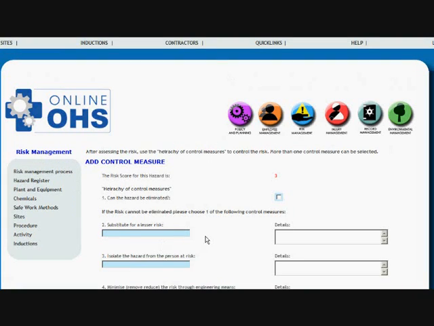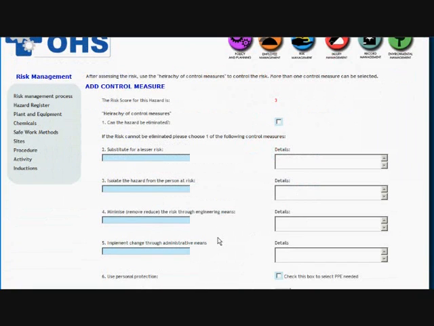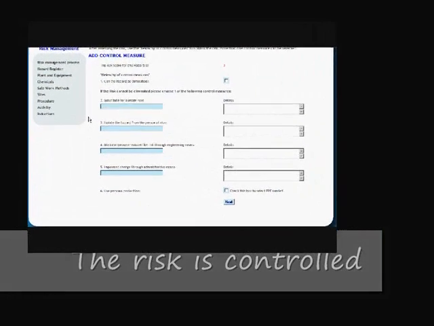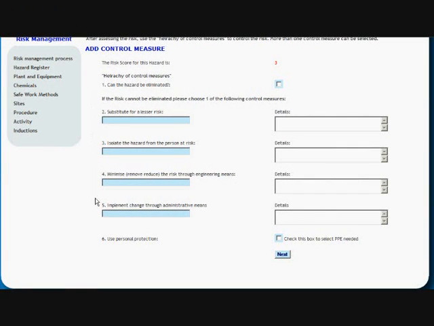We'll select next, and it takes us to what is commonly known as the hierarchy of control measures. With the hierarchy of control measures, you work your way down through 6 different types of control measures, with PPE always being the last control measure to be implemented. So can we eliminate this hazard? No, we can't. Can we substitute it for a lesser risk? No, we can't. Can we isolate it from the person? No, we can't. Can we minimize this risk through engineering means? Yes, we can. So we're going to employ